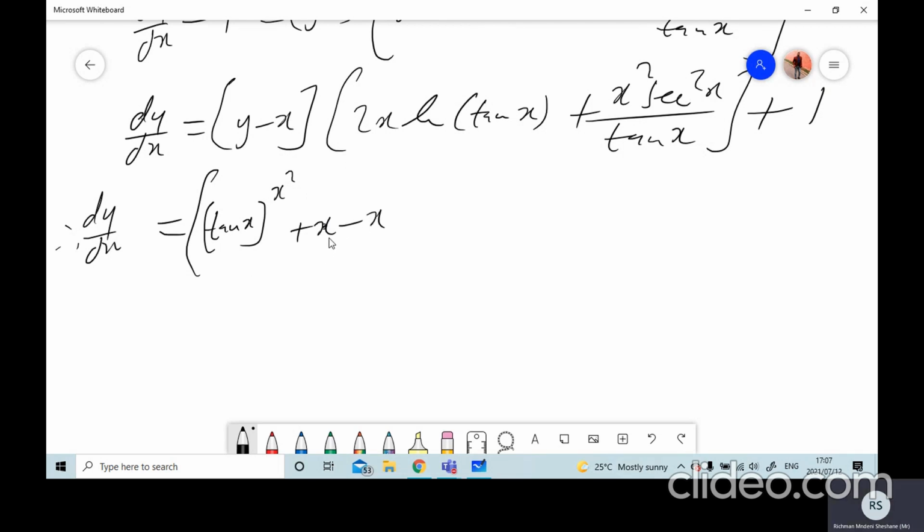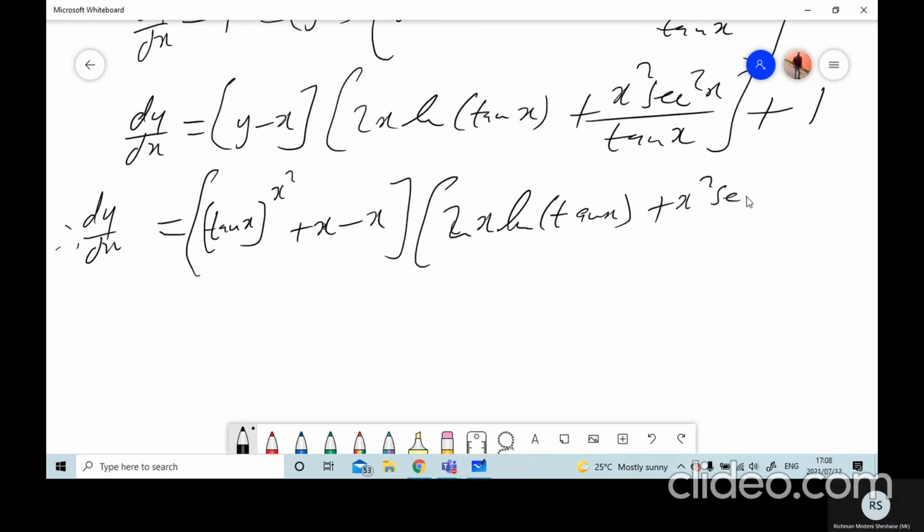So this is my function y, this function y minus x. Okay, and multiply everything on the right hand side, x squared sec squared x over tan x and plus 1, and you notice this x cancels with x, so your final answer will be